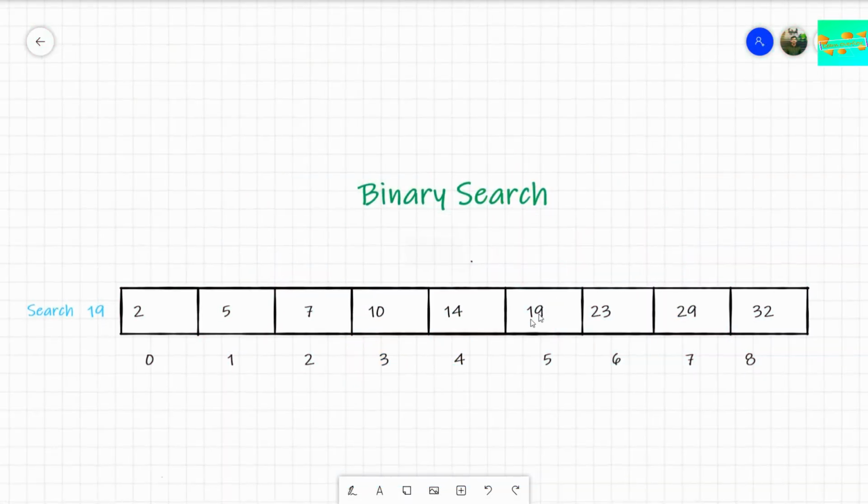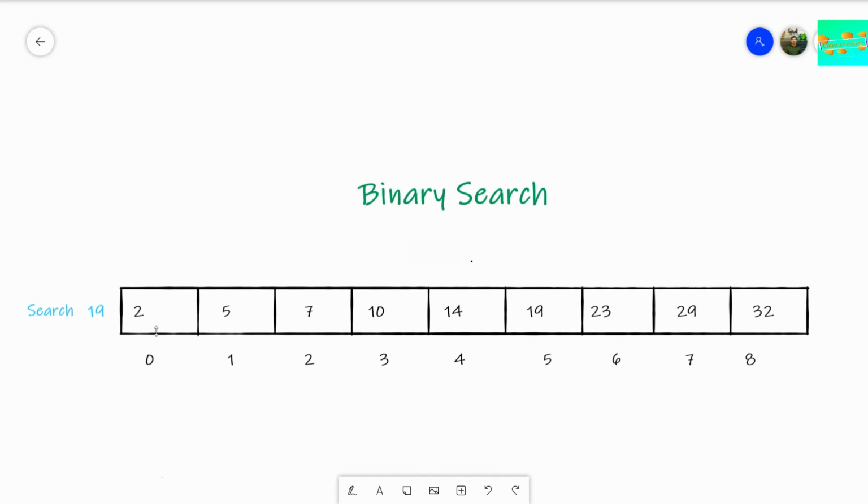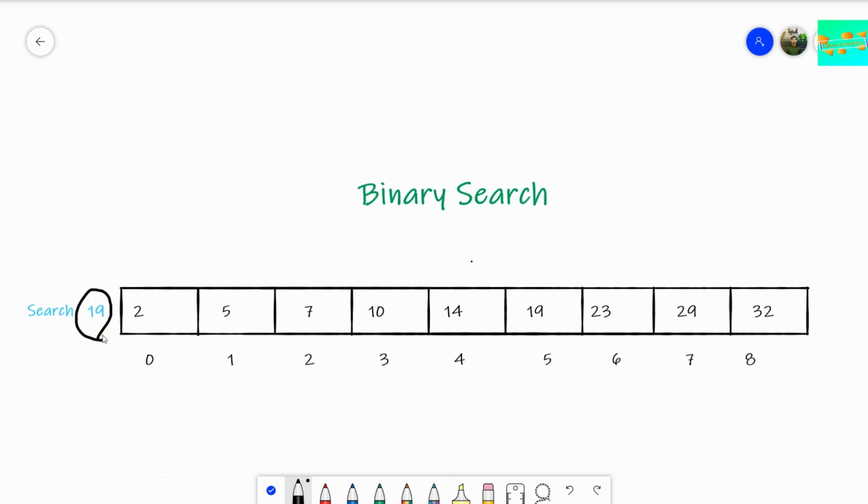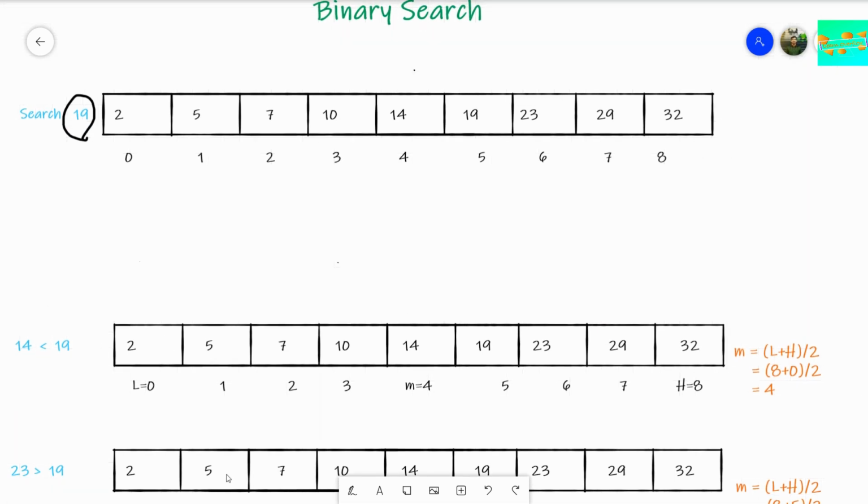So we have this binary search, and here we have an array in front of us. We are given a task to search whether this element 19 is within our search results or not. Now, first of all, we'll do it step by step.